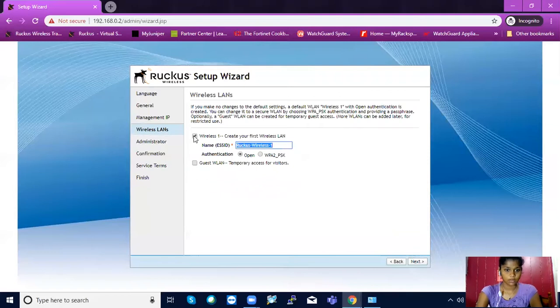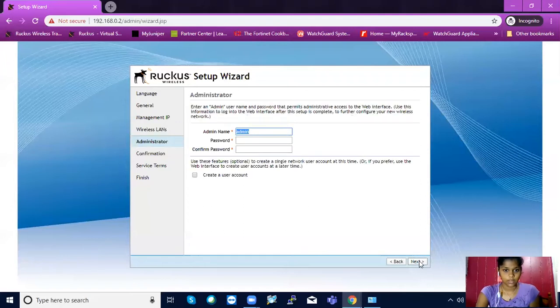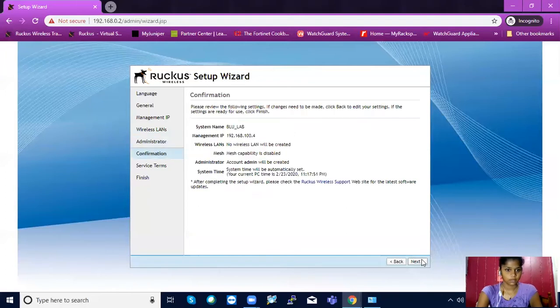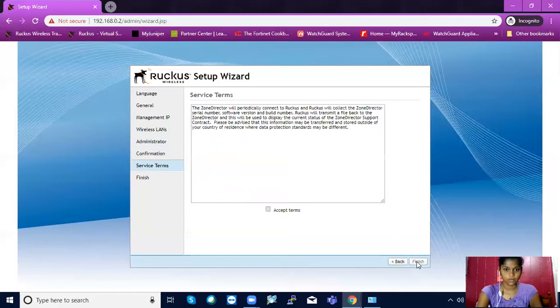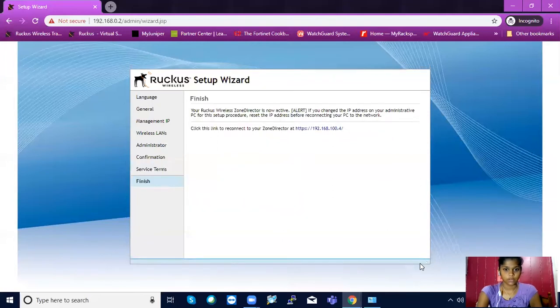So we are not going to create a default wireless LAN. I will go through that during the setup. Next. Okay. Right, so this should be it for now. Set terms and finish. So what's going to happen next is that I'm going to plug my PC into a switch port